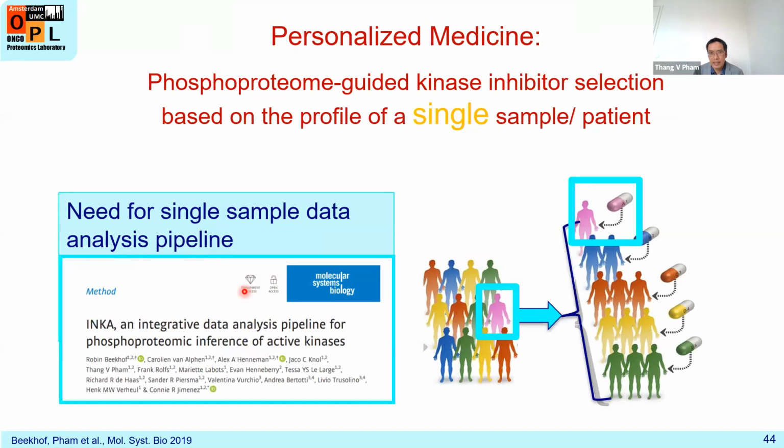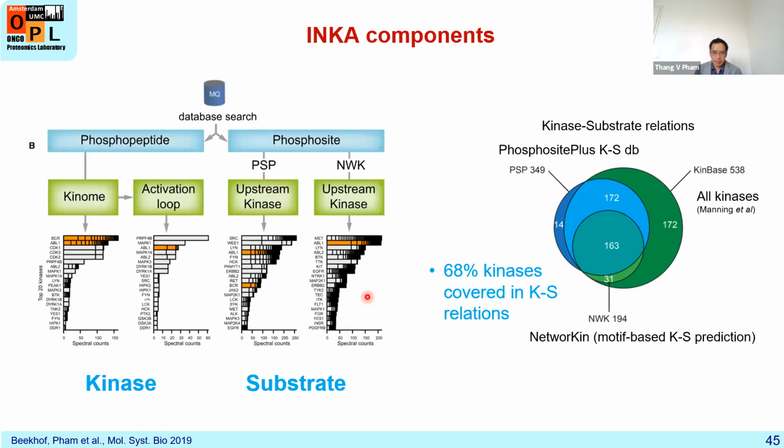The next challenge I would like to mention is called small sample size. With small sample size, one needs to incorporate a lot of prior knowledge, and a systematic way of doing that is still lacking at the moment. So this is a study where we look at phosphoproteomics for kinase inhibitor selection based on a single patient sample. In phosphoproteomics you have